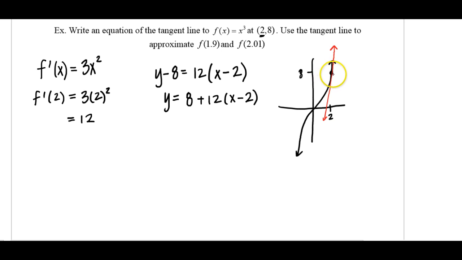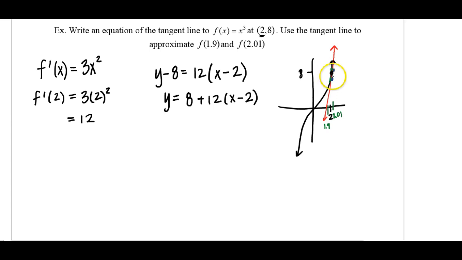Now here's what we're doing: we want to find the value on the curve at 1.9, so that's a little less than 2, right? So 1.9, and then separately we want to find an approximation for the value at 2.01. So we are interested in finding actual points on the curve. So these green dots I'm drawing are supposed to be on the black curve, but instead we're going to find values on the red line, which hopefully you can tell are pretty close to the actual points that I'm interested